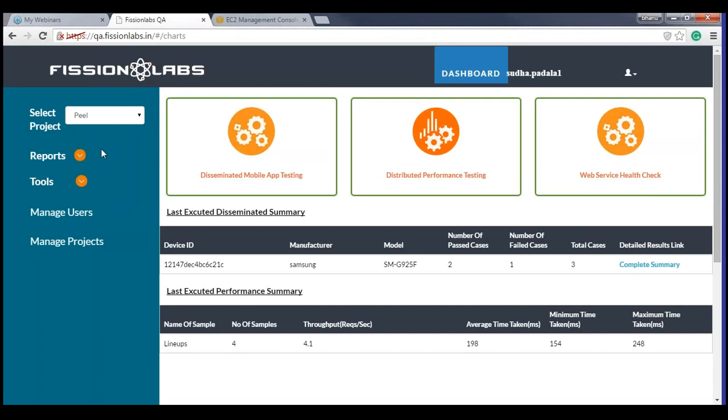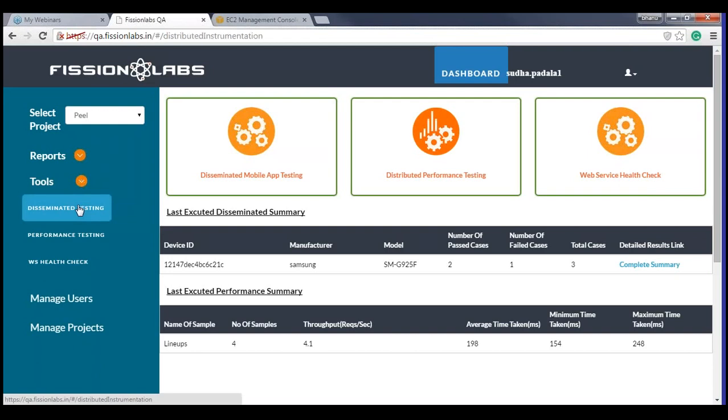To make the content secure, we have built an access control mechanism into place, so that only the people who have access to one particular project can see the results related to their project, and other projects are not visible to them. So having said that, let me navigate to the tools, see what tools we have first, and then go to the reporting section.